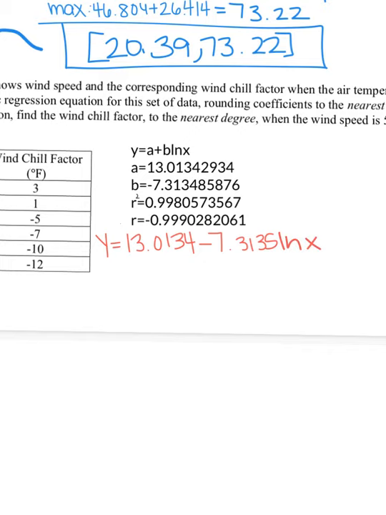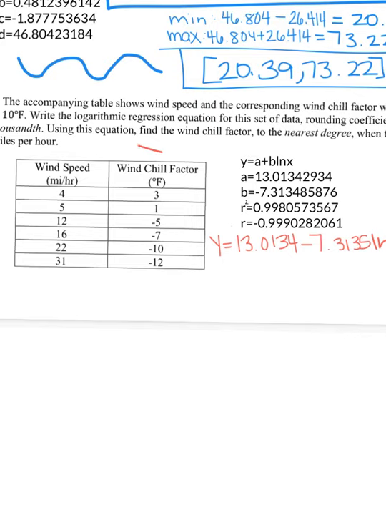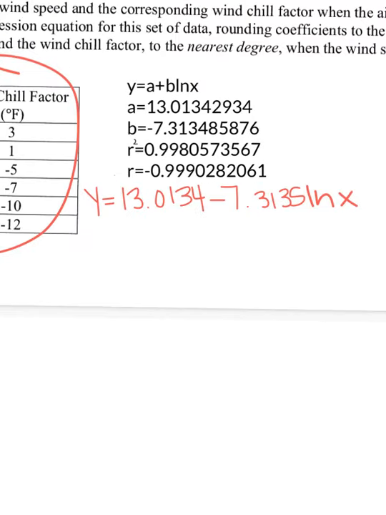Okay, that's it. So what this means is if you were to take this chart as coordinates and plot it, it would look something similar to what this equation is if you were to graph that equation in, say, y equals. Okay? Second question says, using this equation, find the wind chill factor, which is your y variable. So find y when the wind speed, or your x, is 50 miles per hour. So what is y when x is 50? So this is the answer to the first question, the equation. The second question, it just wants you to take this equation, plug in 50,